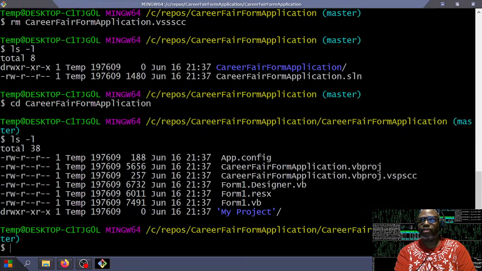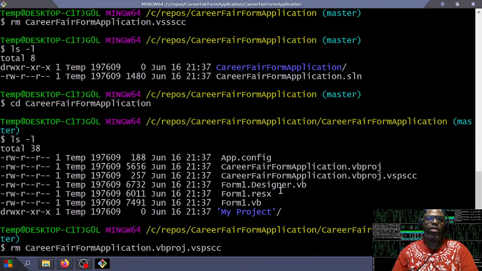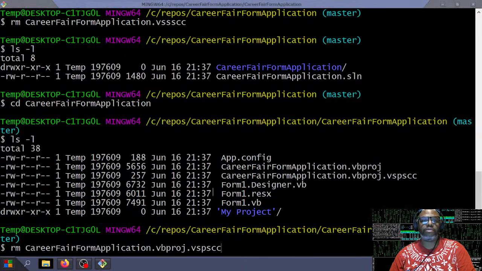So we're going to get rid of that thing there. Move .vs piece. Let me just double check that because I want to make sure that we're not deleting something we shouldn't be deleting here. Okay, so